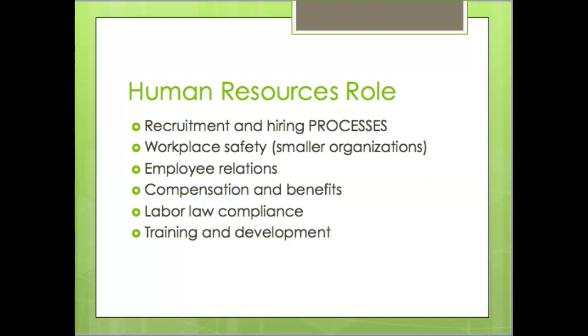And then training and development almost always falls to human resources, even if it's training on things that are very specific to an operation. So training and development, meaning the ongoing training you get, the initial training you get when you come to a company, and then the ongoing training you have on policies, procedures, and your job normally falls to HR to develop those things, to write the classes, to make them, if they're online tutorials or if they're in-person classes, to arrange those things. So these are the 6 basic functions of a standard human resources role.